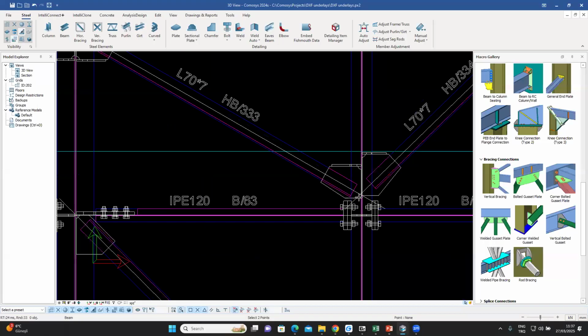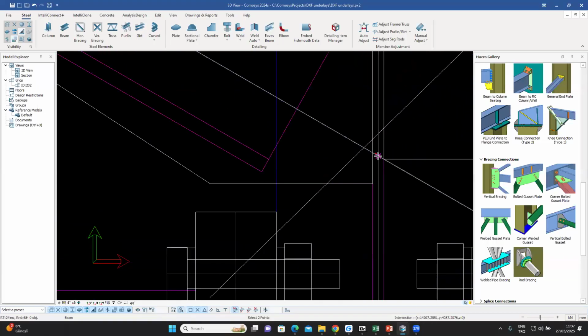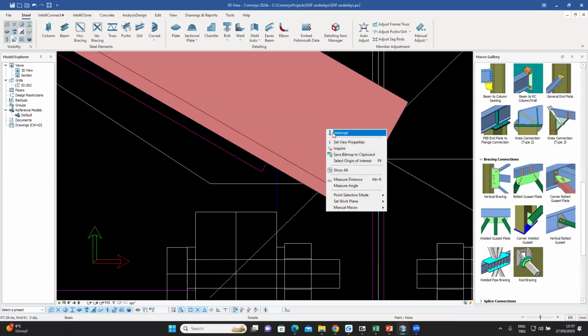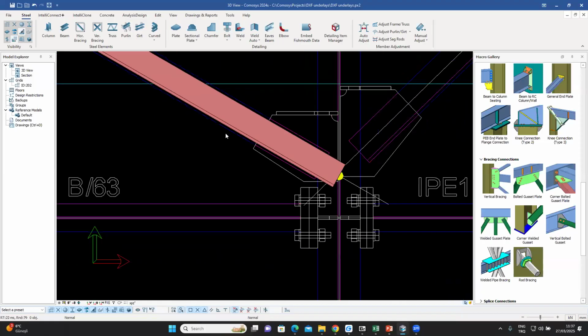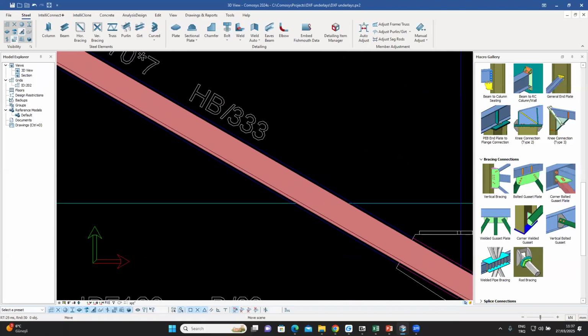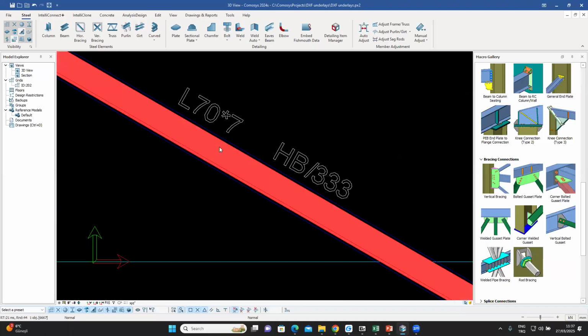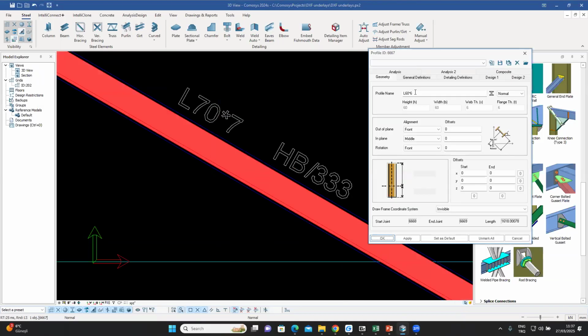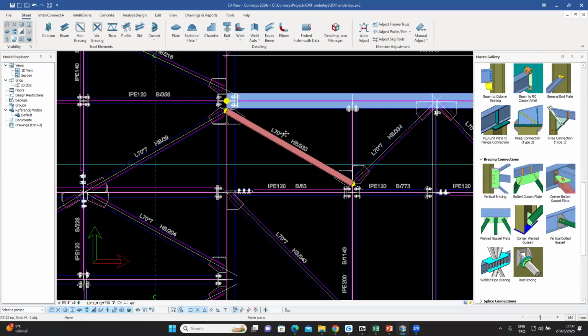I can go to the other side. This is the other working point, and I can enter my horizontal bracing. This is a 70 by 7. What do I have as my default? It's a 60 by 6, so I can do 70 by 7 instead. And immediately I can see that it's